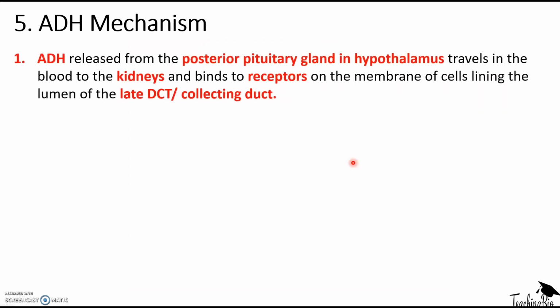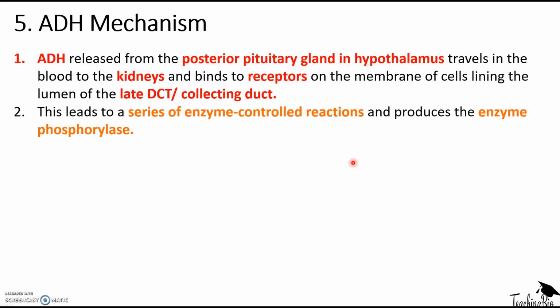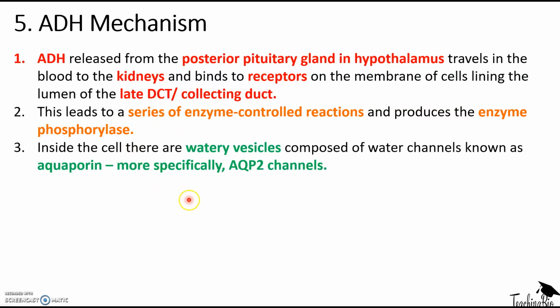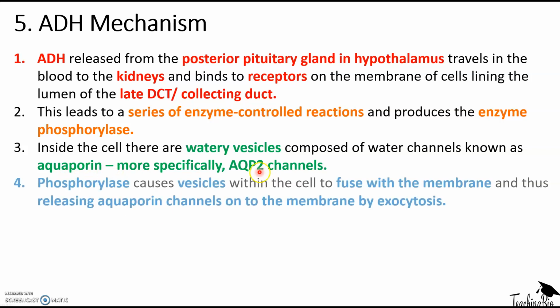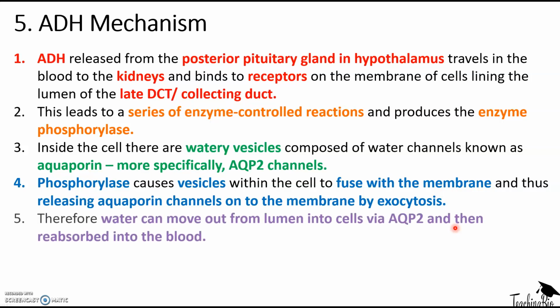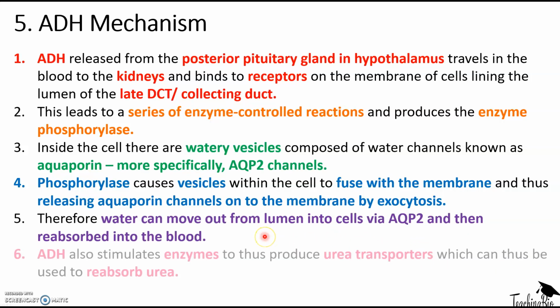blood. So, as I said, ADH is released from the posterior pituitary gland and hypothalamus, moves to the kidneys and binds to those receptors of the late DCT and collecting duct. This then leads to a series of enzyme-controlled reactions and produces and activates the enzyme phosphorylase. And then inside the cell, as I said, there were these watery vesicles containing aquaporin channels and more specifically AQP2 channels. Phosphorylase will cause those vesicles to fuse with the membrane of those cells, and therefore release the aquaporin channels there by exocytosis, so that water can be drawn out of the collecting duct into the cell via AQP2 and then into the